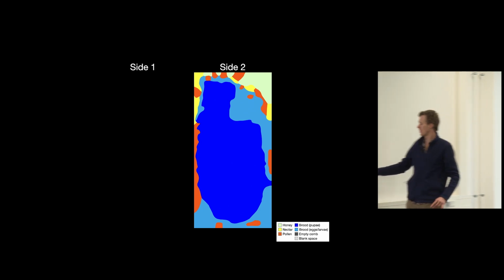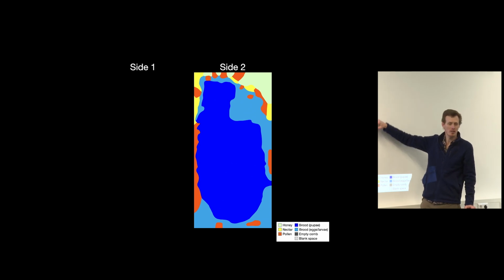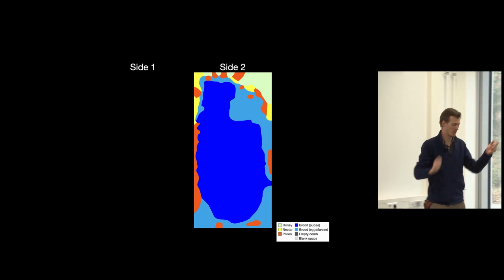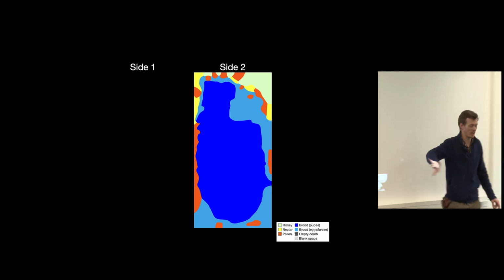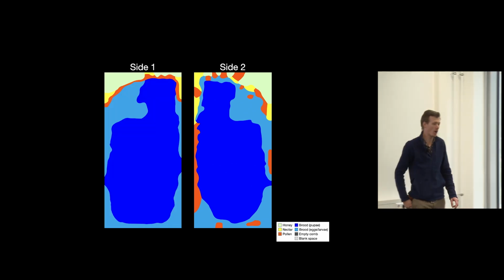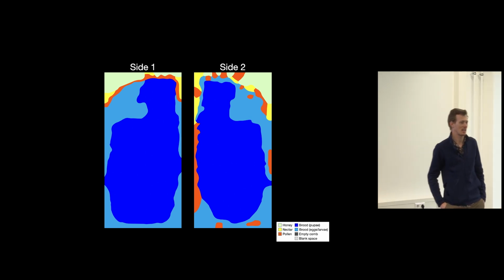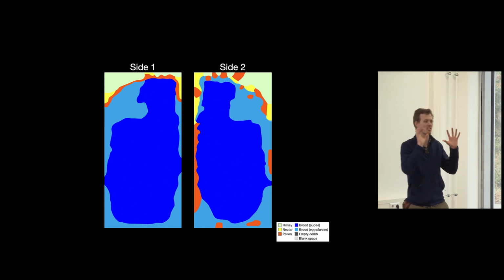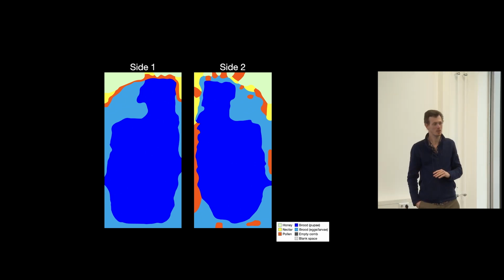And just for a key so you know, I typically put brood in blue because it starts with the letter B, pollen in orange, and then light green and yellow as versions of nectar and honey. So this is what side 2 of this observation hive looked like. And this is what side 1 looked like. And the question for you is, are these the same colony or are these different colonies? Just as a clarification, when we put in the same colony, we cut little tiny corners out so that the bees can actually move between both sides. So do you think it's the same colony or?